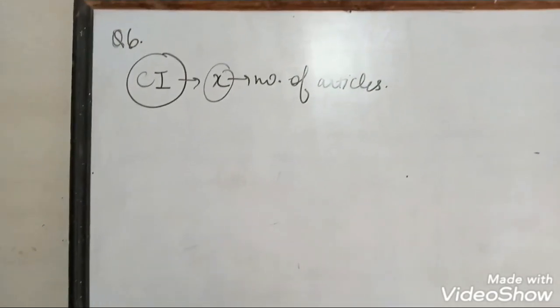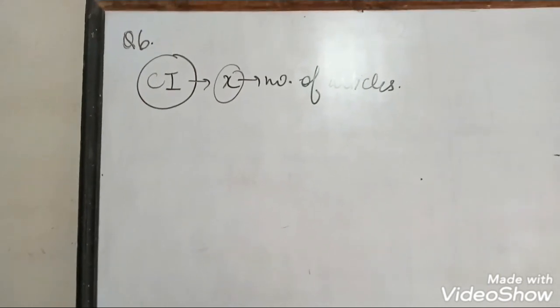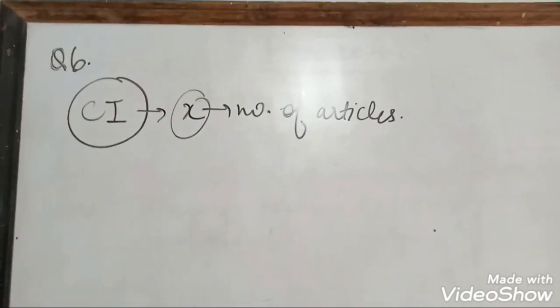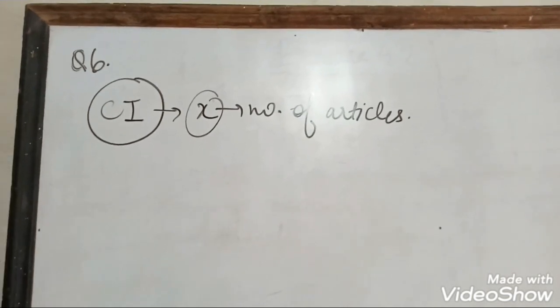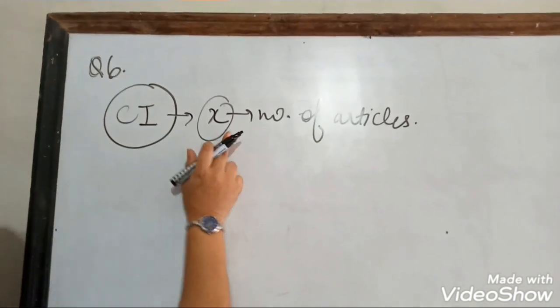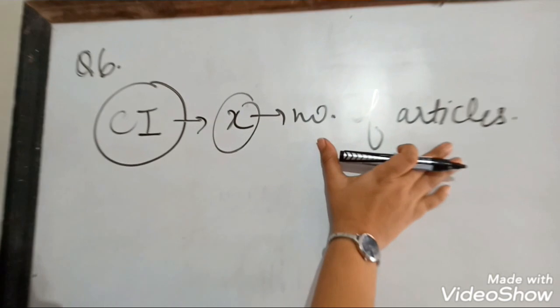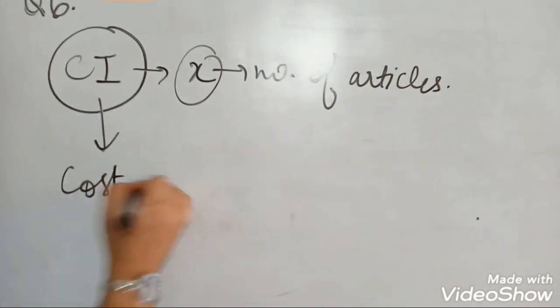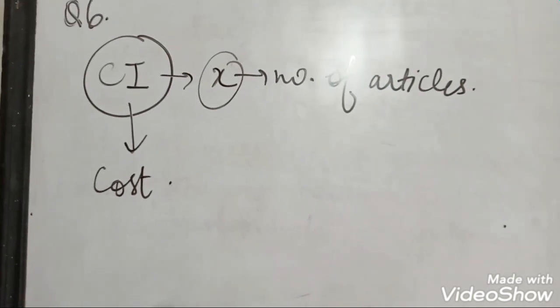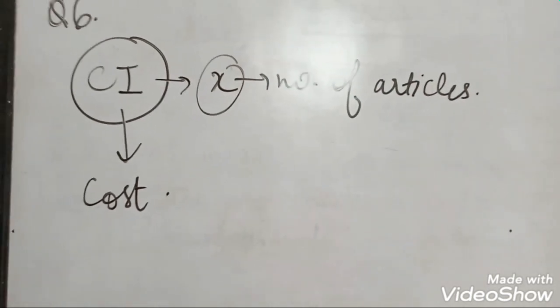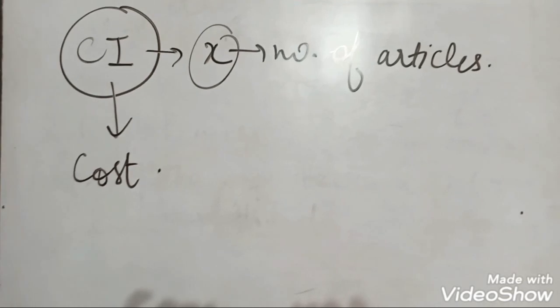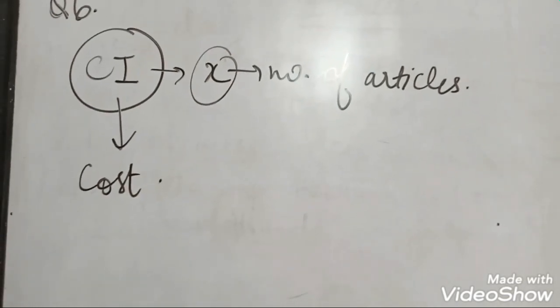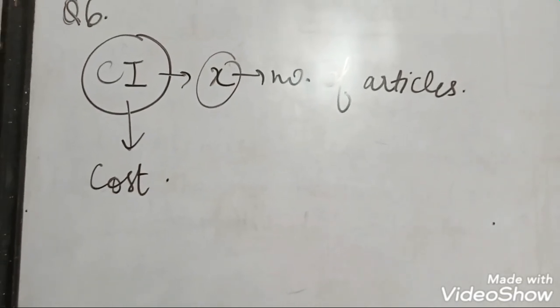The first sentence of the question is, a cottage industry produces a certain number of pottery articles in a day. That means, on a particular day, suppose I am taking the number of articles produced to be x. Now let us talk about the cost. If you see the second and third statement, children, it is written as, it was observed on a particular day that the cost of production of each article was 3 more than twice the number of articles.